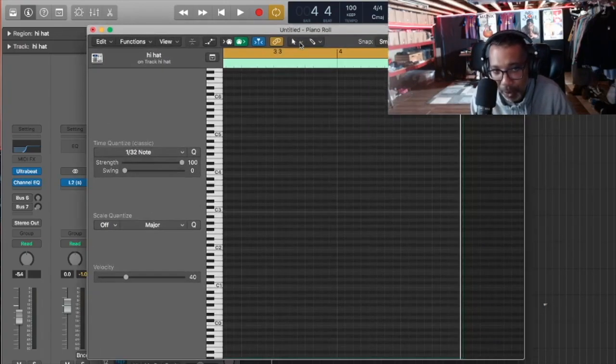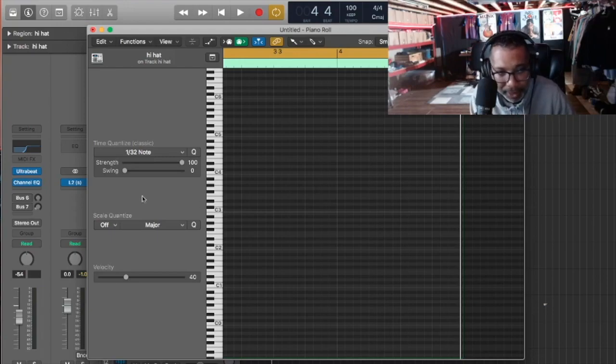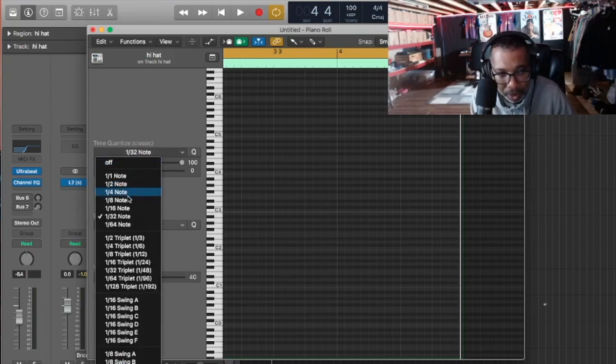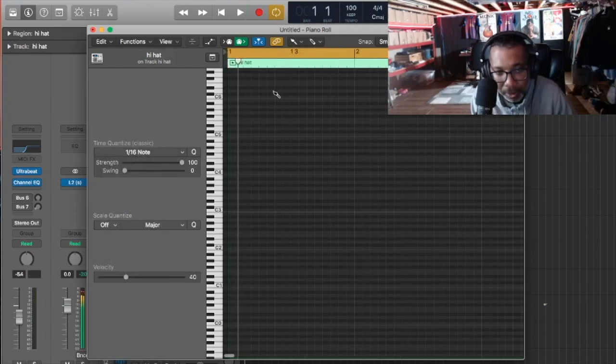This time, when you have the arrow right here, we're gonna use something called a brush tool. So you press the arrow right here, open it up, go all the way down to Brush tool, and then you can use normally a 16 note, yeah, 16 note, and then you're gonna drag it, you're gonna draw it in. So you can draw it in like this,